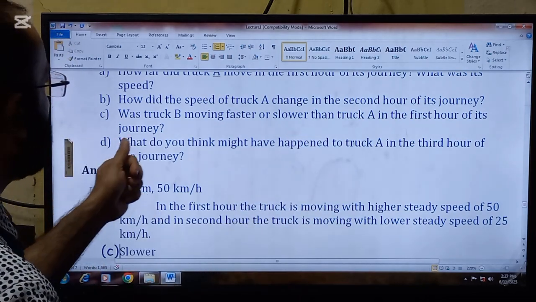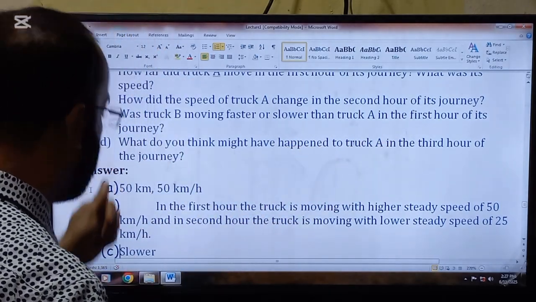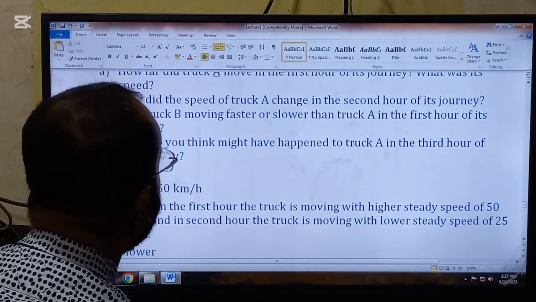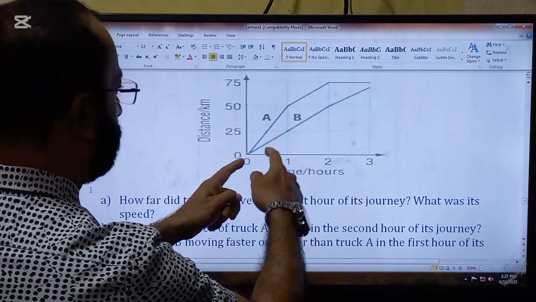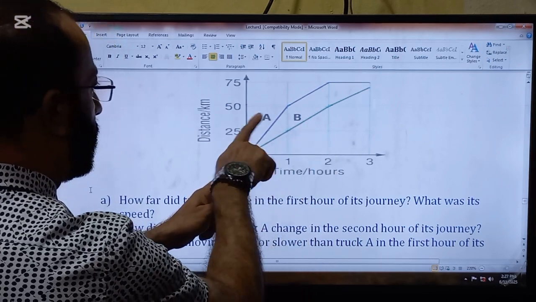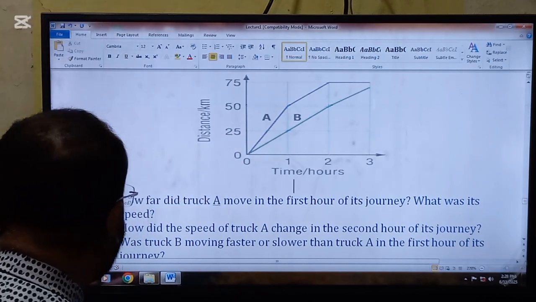C part is: was truck B moving faster or slower than truck A in the first hour of its journey? So look at the graph again. Truck B is moving slower because its steepness is lesser than the steepness of A. So this is the answer of C part,